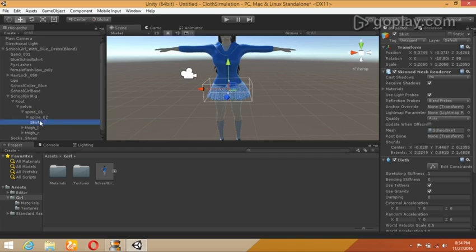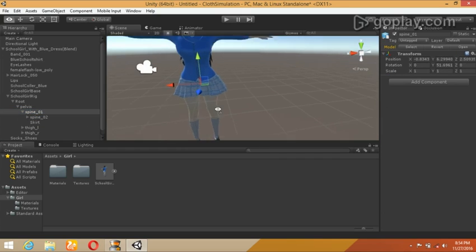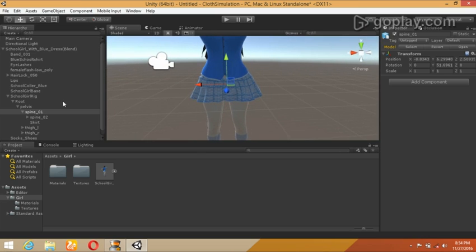So to make this, it's a child. Alright, now this skirt is a child. Now when our character moves anywhere, this skirt moves with this character without any problem, but still this won't collide